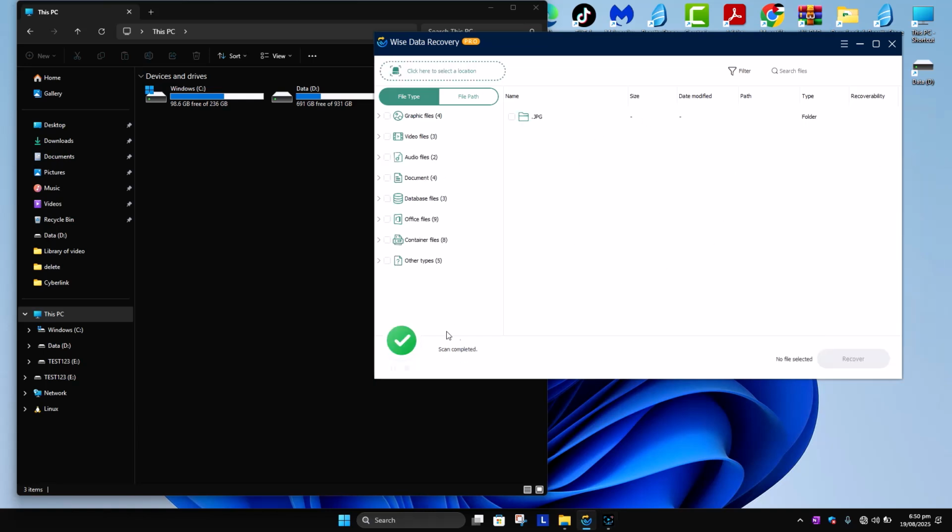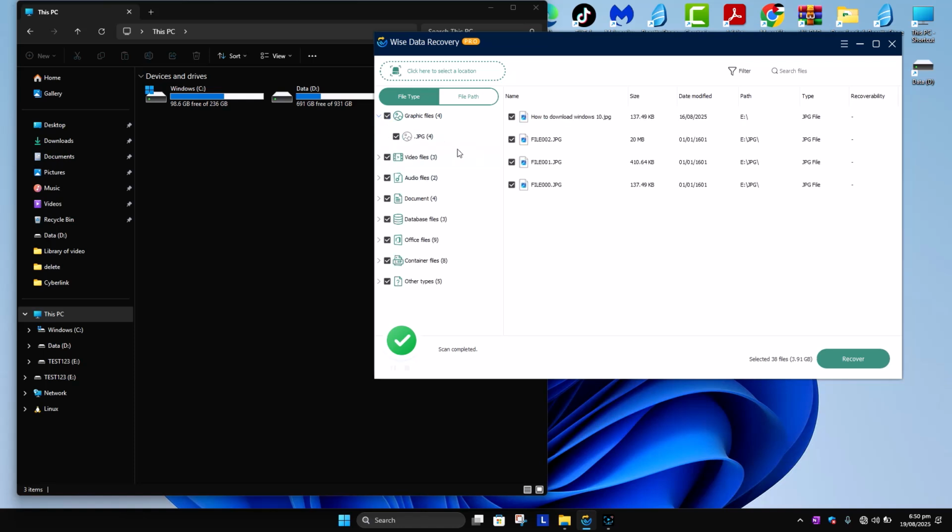So once the scan has been completed, as you can see, we can select every file that we want to recover or the specific folders. If you want to see what data you are recovering, just click on the little arrow next to it and you should be able to see what type of data it is. So the software gives you the possibility to recover pictures, videos, audio files, documents,